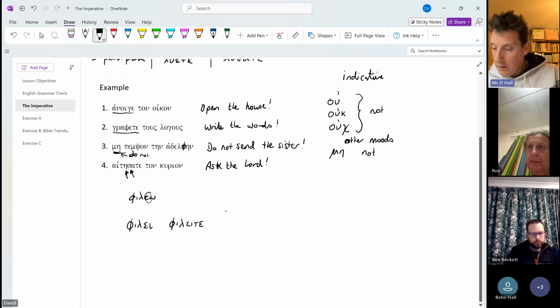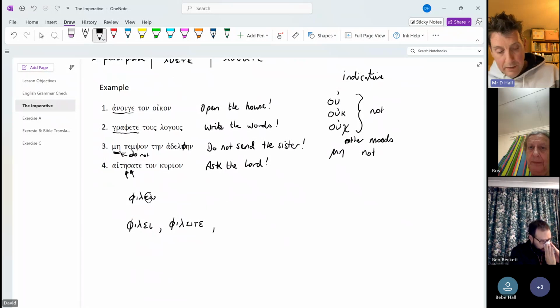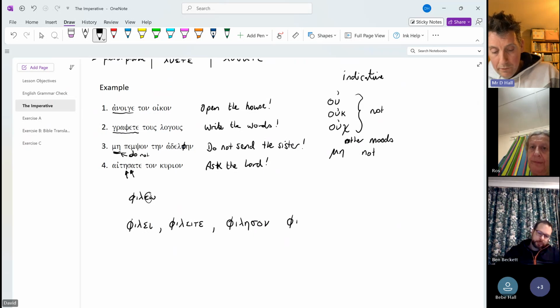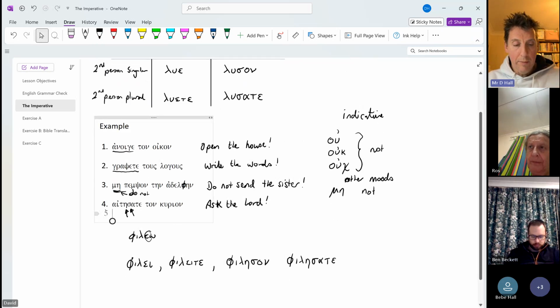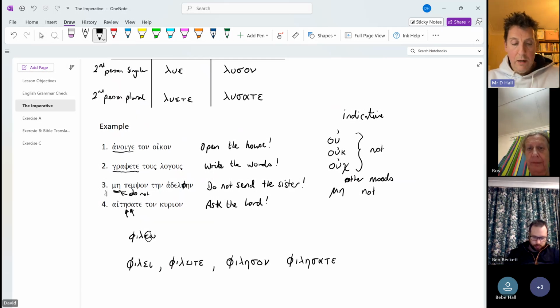Okay, I know we do have, so we add an extra iota here, which is slightly different, and then just for the aorist, so you've got it, phileson is what we've got, and then philesate. All right, so those are kind of what happens in the epsilon omega verbs, just so you've kind of got their endings, and that kind of gives us enough perhaps to try and at least do some translation, I think,